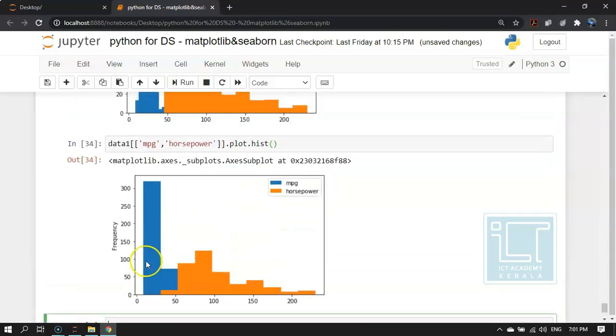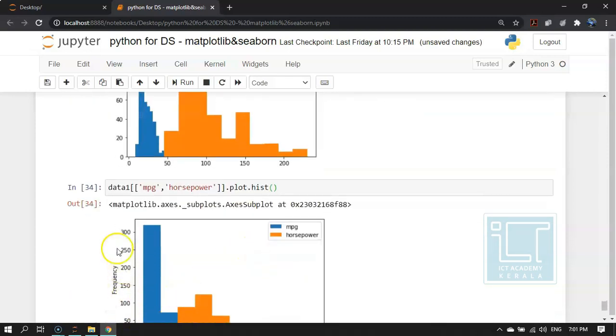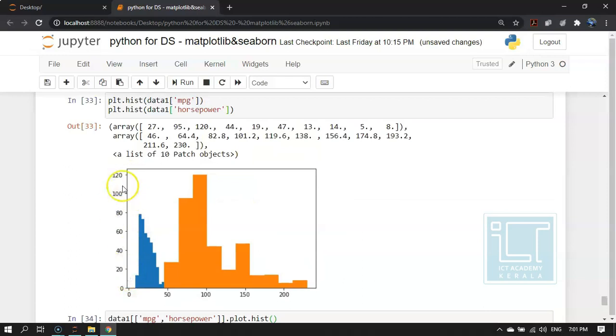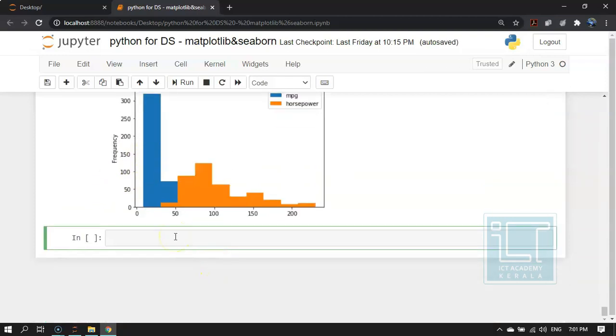So you can plot a histogram like this too. So here you can see that there is a legend available. And you can also see that the frequency has changed. You can see here the frequency was in the range of 120, but here you can see that it is up to 300.